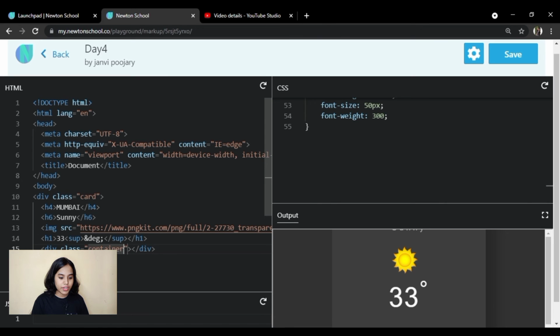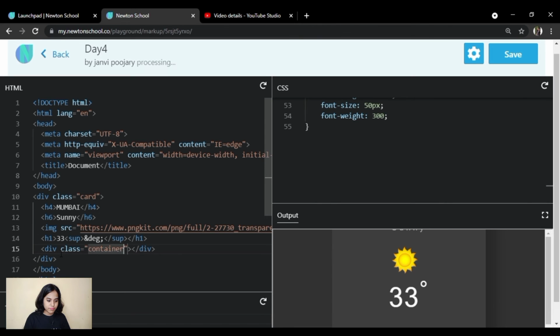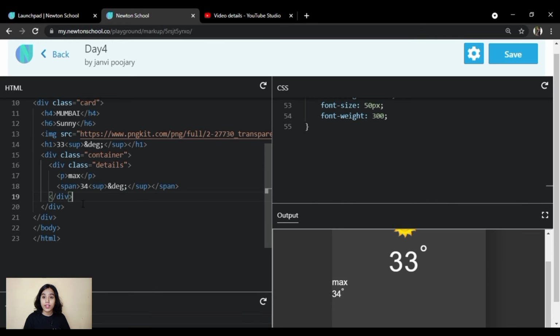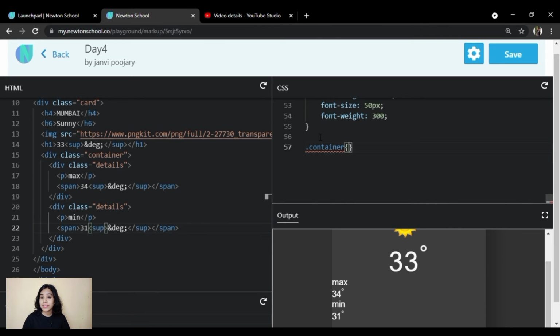And then we will use one container tag. After styling it, we will have one more class as container, and inside that we will write all the details of what is the maximum temperature and what is the minimum temperature today. And inside that container I will have one more div with the class called details. Minimum and maximum, for both of them we will make two separate divs,